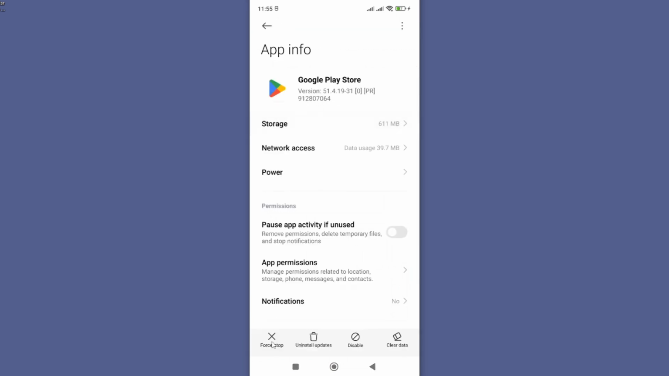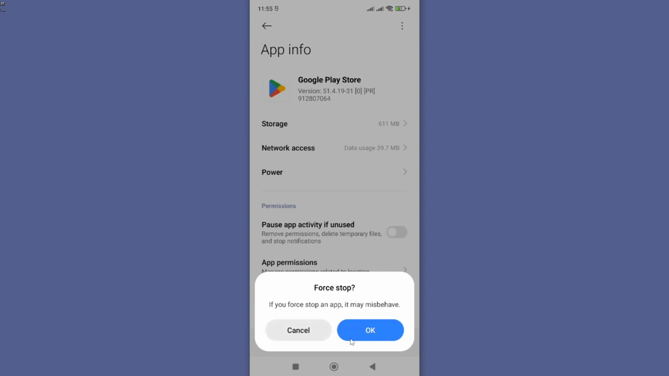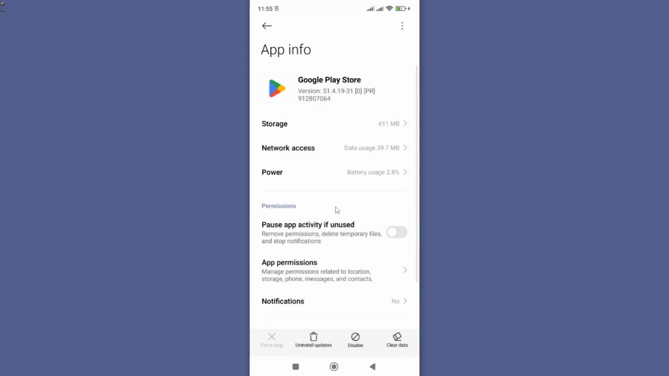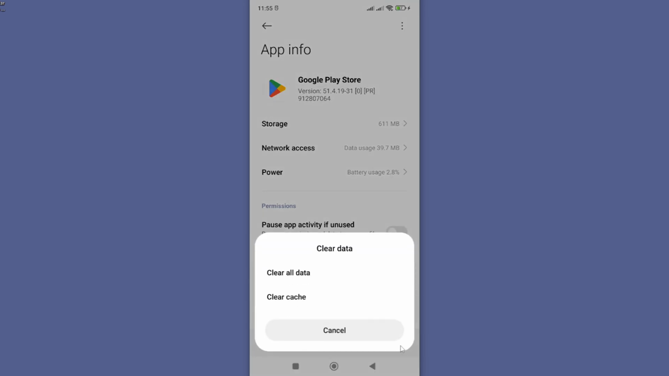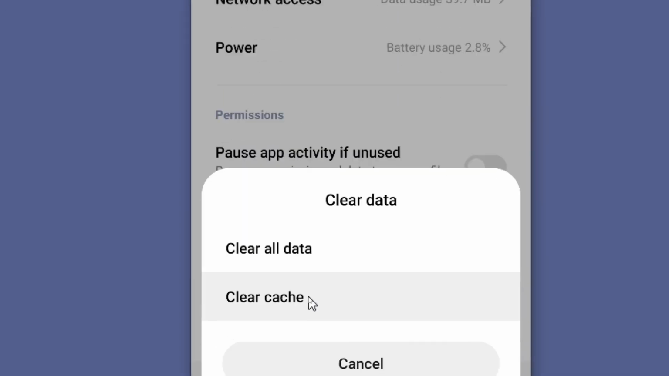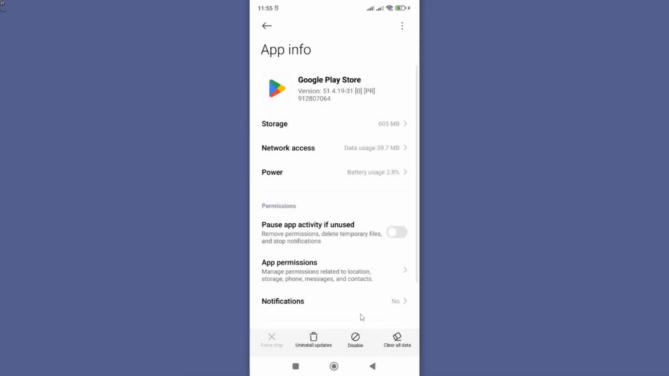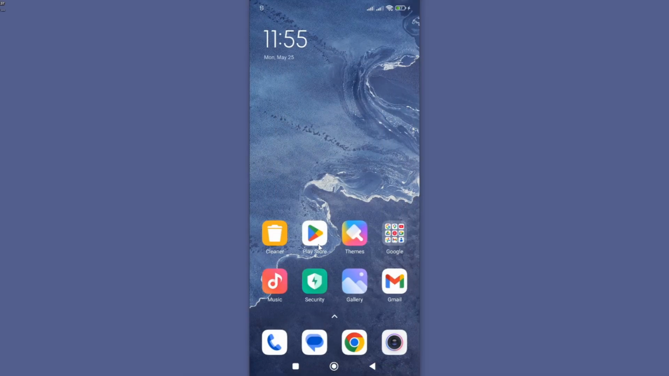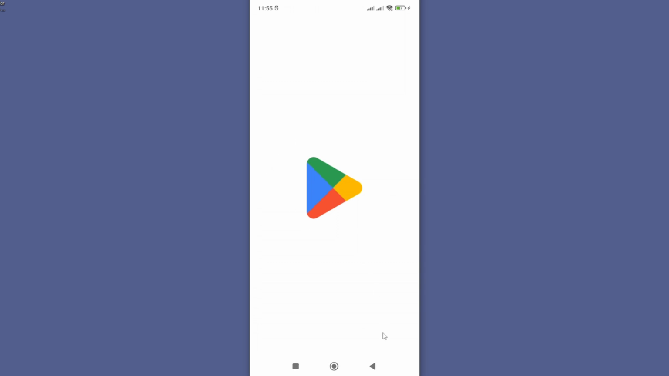At this point, we want to force stop Google Play Store so that you stop any activities that might be running in the background, which might be hindering app download. Then you need to clear the app data by tapping on clear data here and then choose clear cache and finally OK. Once you have done this, now you need to restart your smartphone and then open Google Play Store,